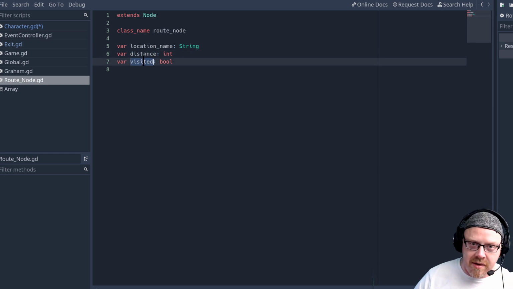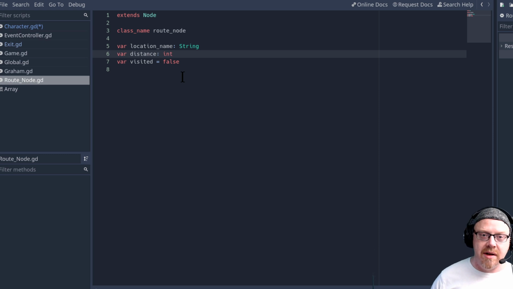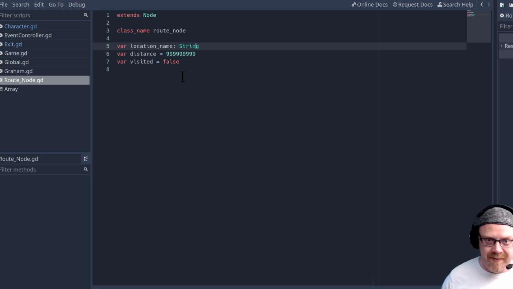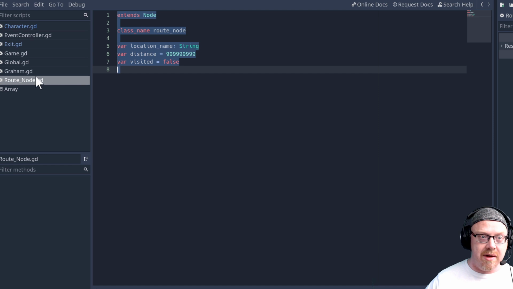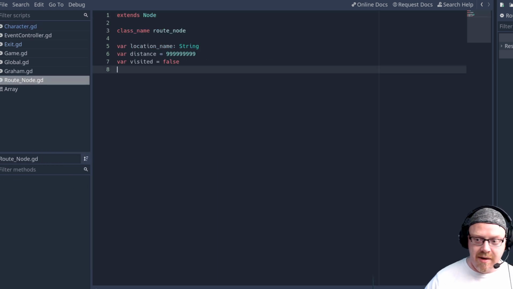Visited will be false. In fact, can I set this here to false rather than bool? Distance will be... Root node already exists at path root node. All right, what's going on there? Let's just close that. Open it back up again. All right, happy? Happy. So now I've got to instantiate